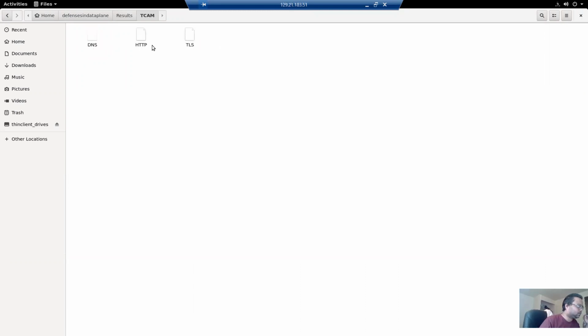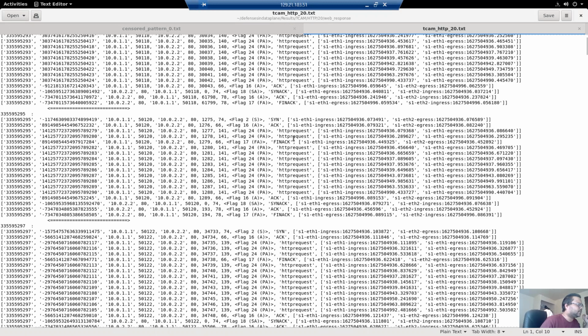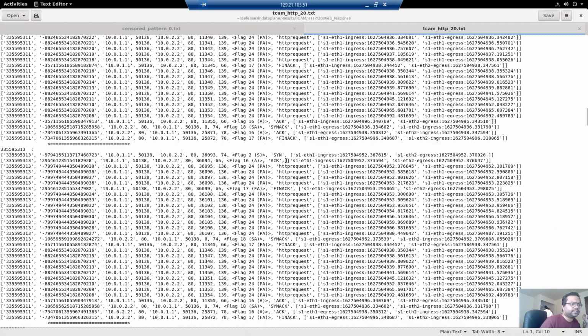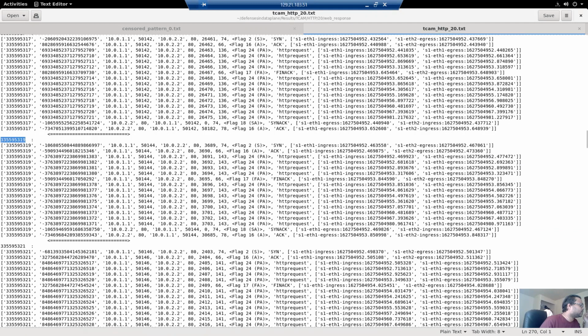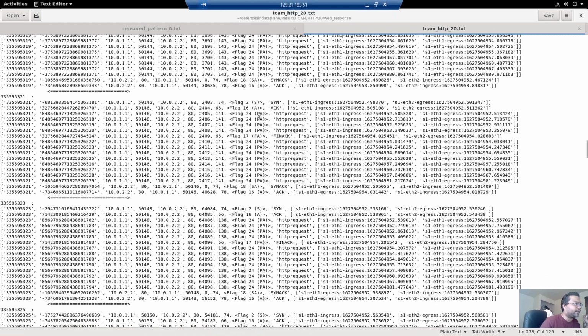For example, for CPU and memory, we use different scripts. So all these things: RTT, switch delay, throughput, and web responses. You can see these are the finally processed results. This is the packet ID, or I think yeah, different packet IDs. Oh, sorry, these are the flow IDs, not the packet IDs. So this is the corresponding flow, and corresponding to each flow, you have different packets going back and forth.